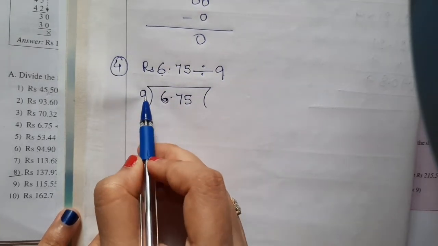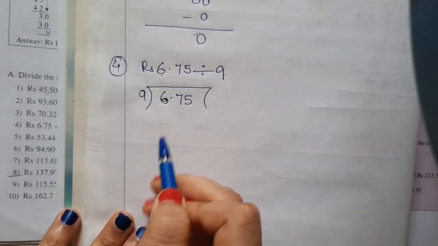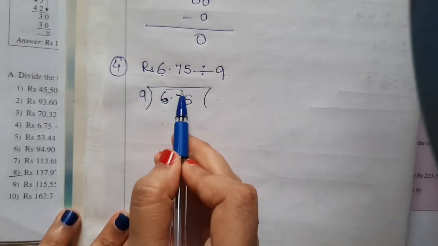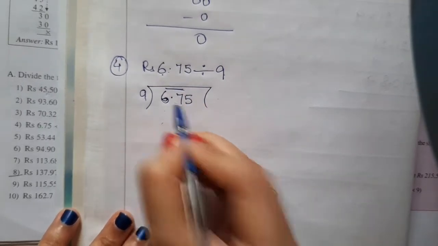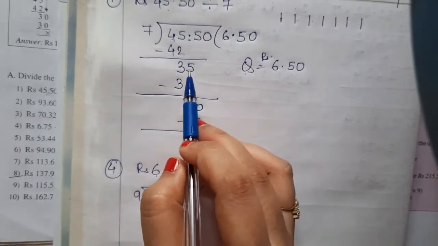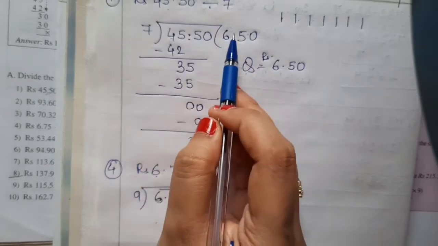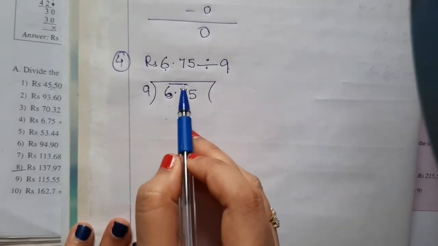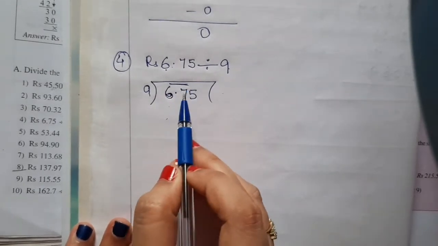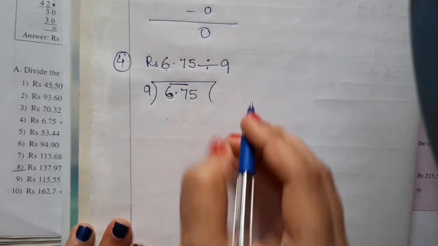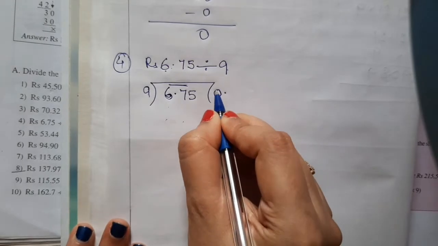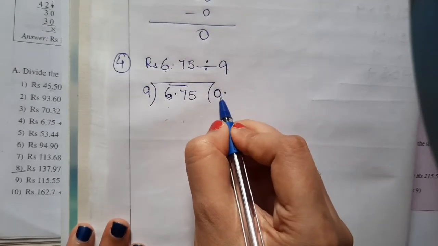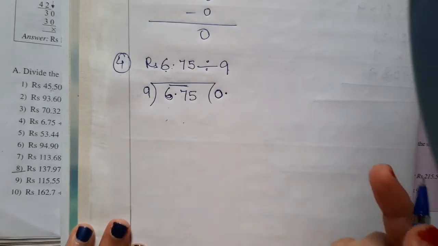So now I can't write 9 ones are 9 because 9 is greater than 6. I can't do subtraction. So I have to take these two numbers, right? Before taking these two numbers, there is a point. And I told you in the previous sum that when you bring this number down, the point which is here, you have to bring it here, right? Before bringing the 7 down, there is a point, so I have to put a 0 and point. A 0 before the point doesn't mean anything, but it is better if you write a 0. 0 point, and now let's calculate.